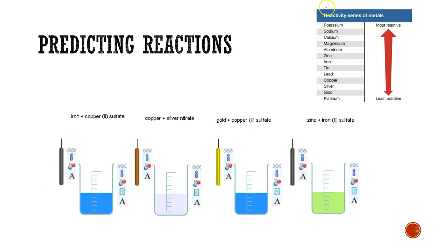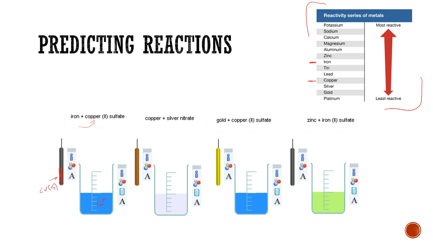So if we use the reactivity series here, we can actually try and predict how those reactions will go. So if we look at these solutions here, we can see we have iron plus copper 2 sulfate solution. So we find iron on the reactivity series, okay, remembering that increasing reactivity is from the bottom to the top. So iron is now, we have a look here, more reactive than copper, which means if it's more reactive, it is a stronger reductant. So iron should donate its electrons to copper, and form Fe2+ in solution and get a coating of copper